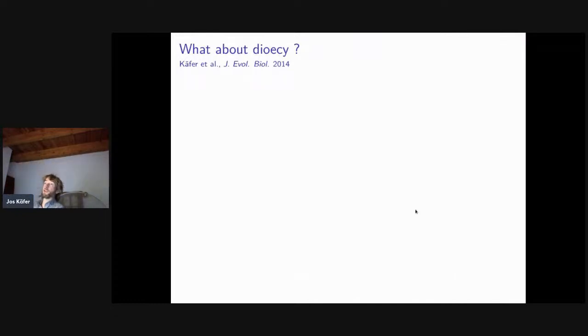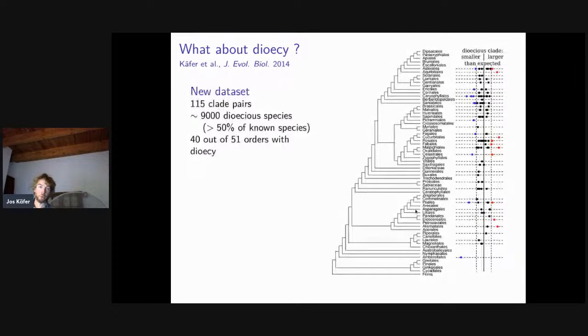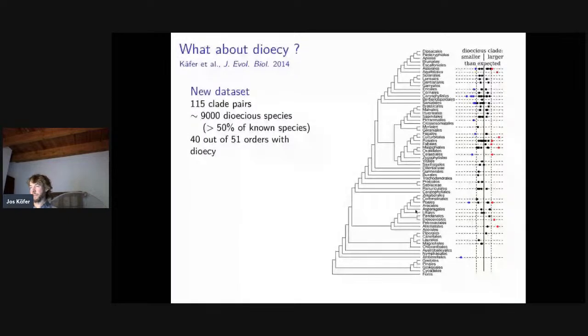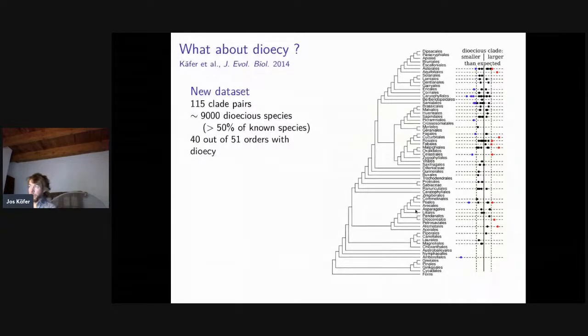Because we had shown that it was a pitfall, a flaw in the sister clade analysis, but we had to make a new data set for dioecious species to be sure that actually the clades where dioecy occurred were derived clades. So we went into the literature and looked up all the clades where dioecy occurred, tried to group them into monophyletic clades with dioecy, and then see if there was good evidence that dioecy indeed was a derived state.